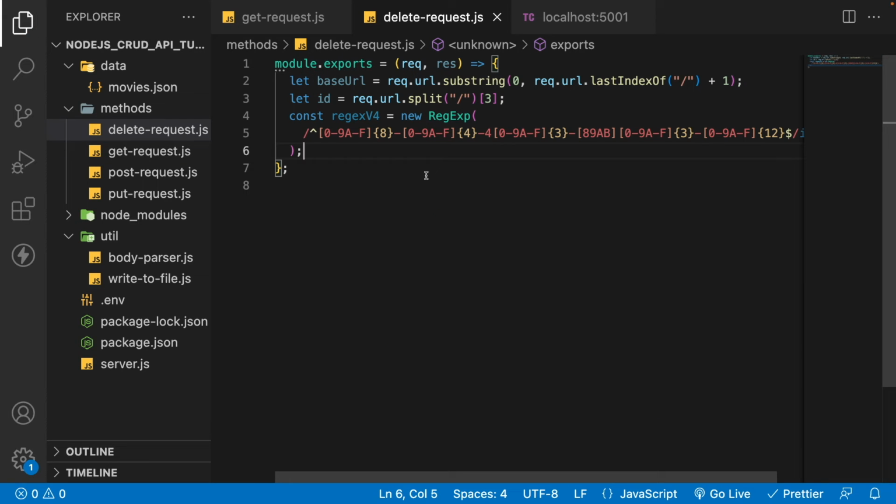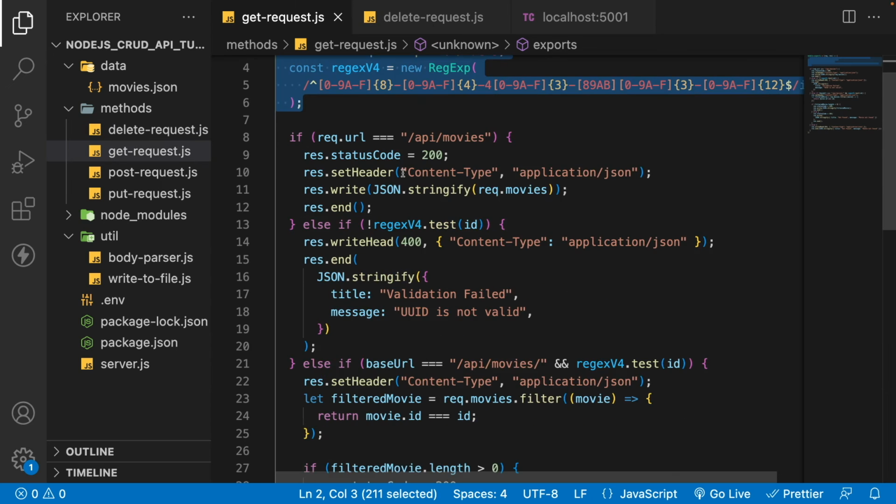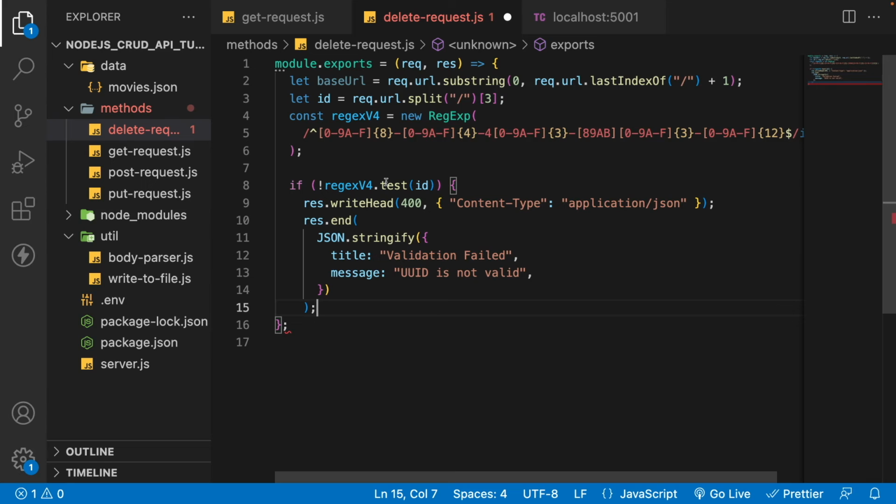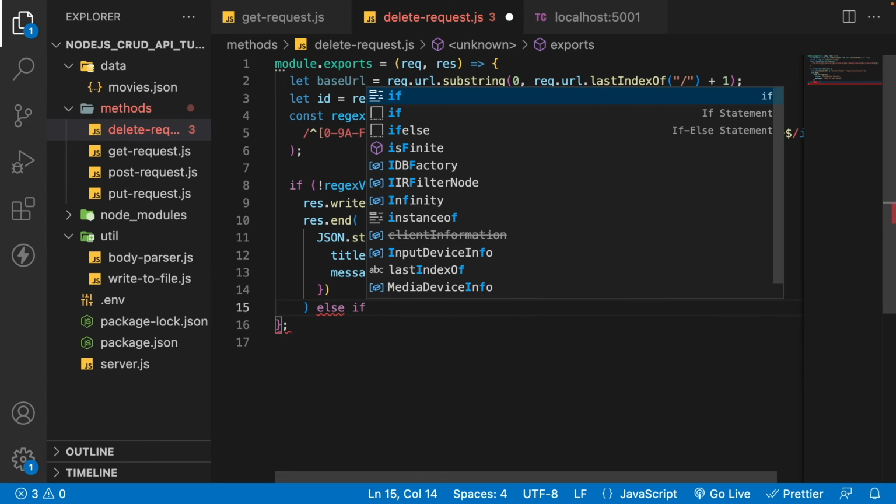And then what we have to do is check for the UUID. So I'm going to copy this and have it here. So if we have the regex v4 test UUID, then in that case I want to send a response as the UUID is not a valid UUID. All right, but if this is a valid UUID, then in that case I will have an else if, and